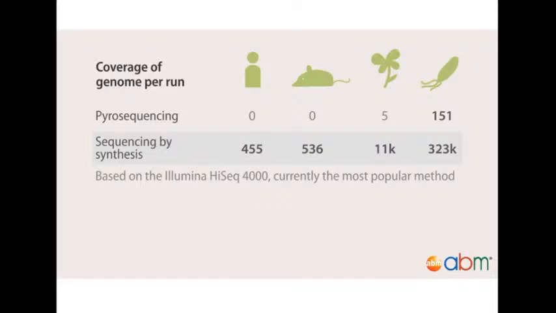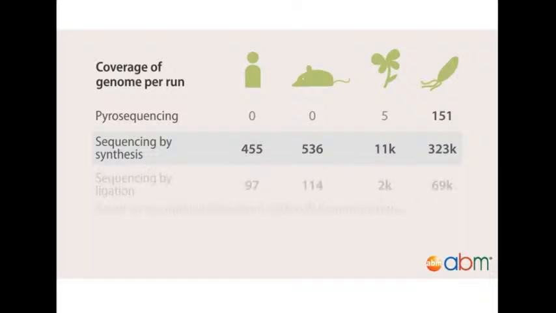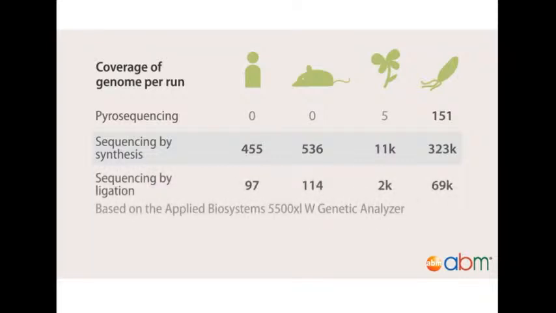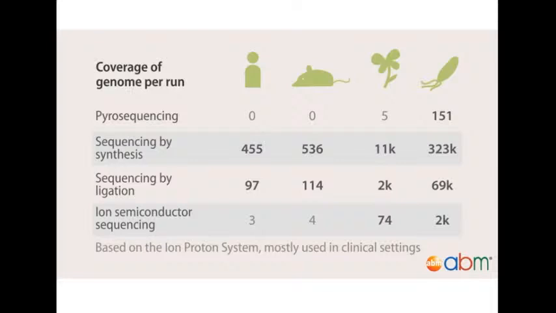In fact, with this machine, it is possible to sequence 15 individuals within 3.5 days. The sequencing by ligation method also generates enough coverage for all genomes to be used. However, it isn't capable of generating nearly as much output as the Illumina HiSeq machines. The Ion Proton machine is used mostly in clinical settings because it is able to provide a sufficient size output